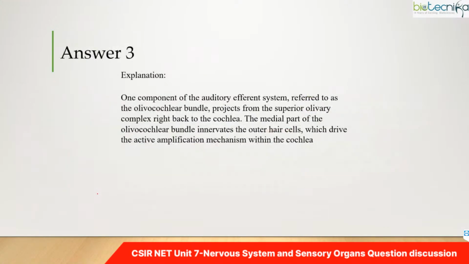Let me quickly tell you about this one component of the auditory efferent system, the olivocochlear bundle. What is the auditory efferent system? The afferent takes the information; this is the sensory part. The efferent is the motor part, where the effect will happen. The olivocochlear bundle plays a role in this efferent system. It projects from the superior olivary complex right back to the cochlea, so this is from the brain towards the cochlea. This bundle will reach